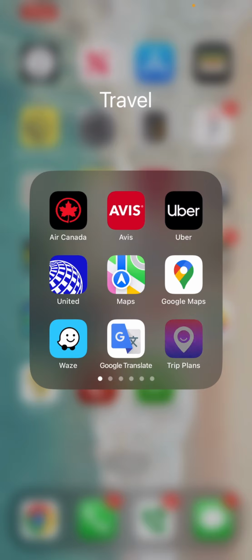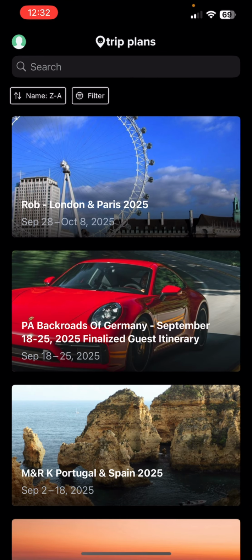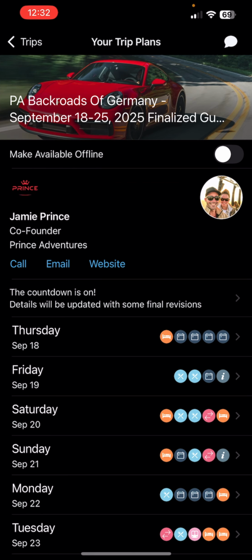In this example, we will use our recent Backroads of Germany Porsche driving holiday. Let's take a look. You can see here we've entered the app and we're now in the app dashboard. You can organize your dashboard based on start date, in alphabetical order, and so on. We will enter into the Backroads of Germany event by clicking on the event, and it takes us in and